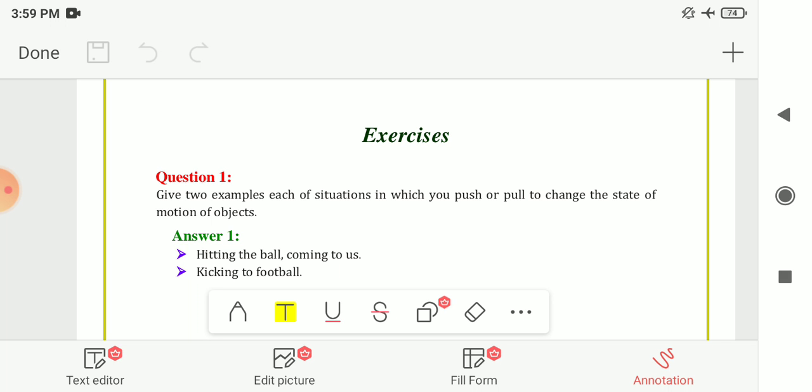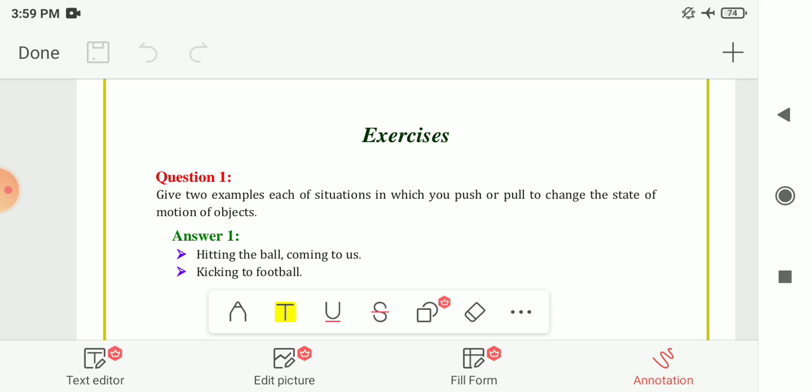And the envelope, or you can say the cover of air all around us, is known as the atmosphere, and the pressure exerted by this atmosphere on an object is known as the atmospheric pressure. Then we had seen that the atmospheric pressure decreases with an increase in altitude. That means if you are going to a higher height, then the atmospheric pressure will decrease. So these are the things we had seen in this chapter.